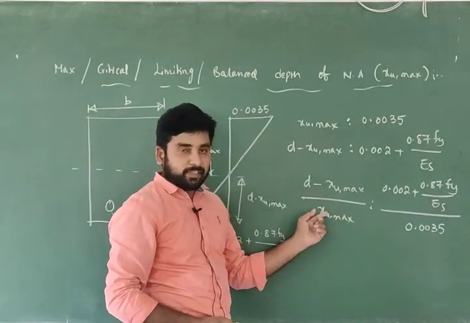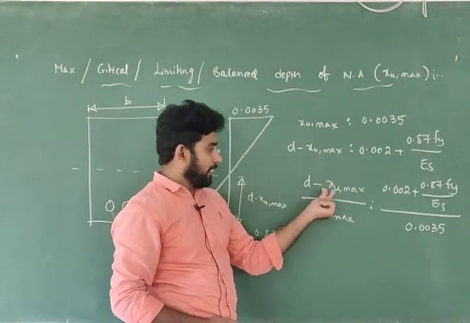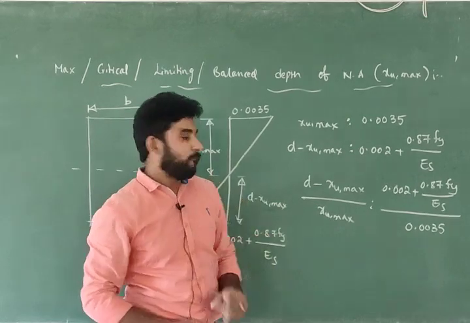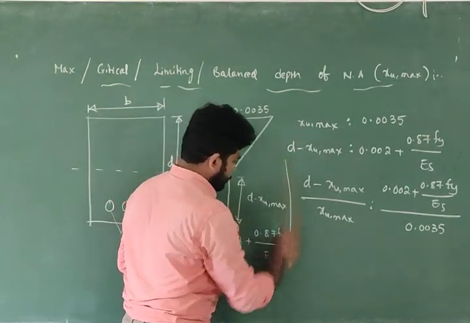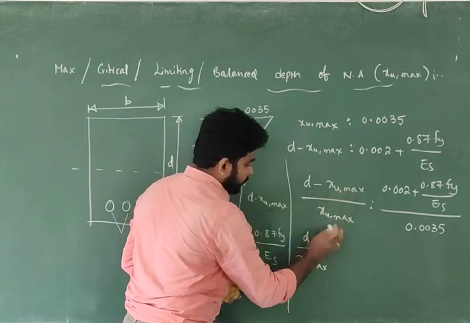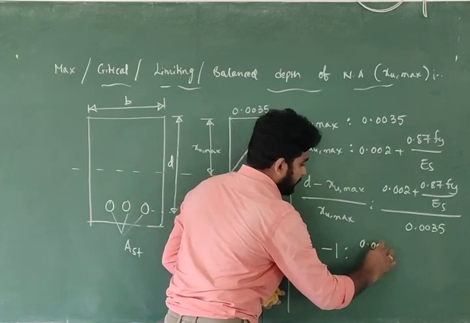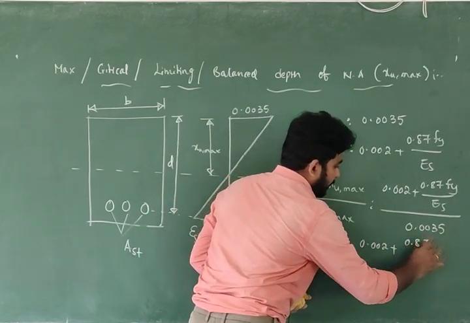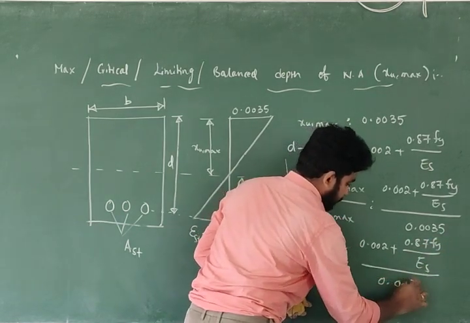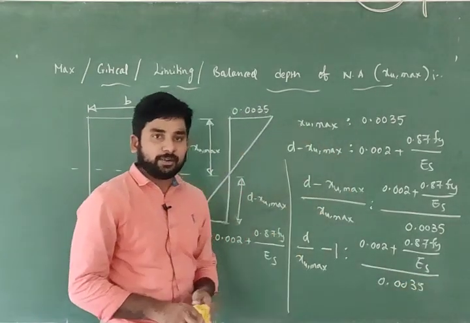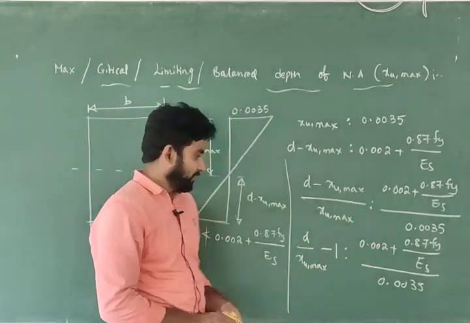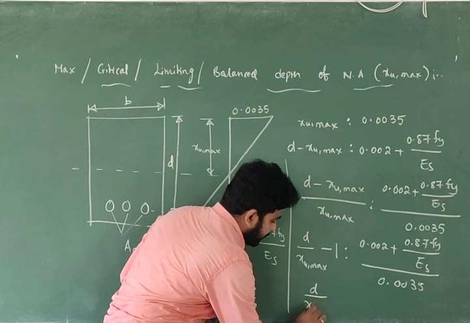Now taking LCM here, D by XU maximum minus XU maximum by XU maximum, and XU maximum by XU maximum equals 1. So D by XU maximum minus 1 equals 0.002 plus 0.87 Fy divided by Es, divided by 0.0035. Now this minus 1 I take to the other side, then it becomes plus 1. So now D by XU maximum equals